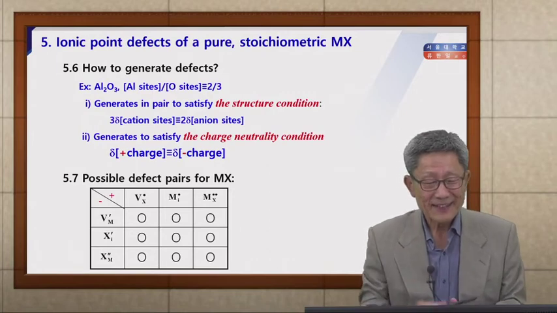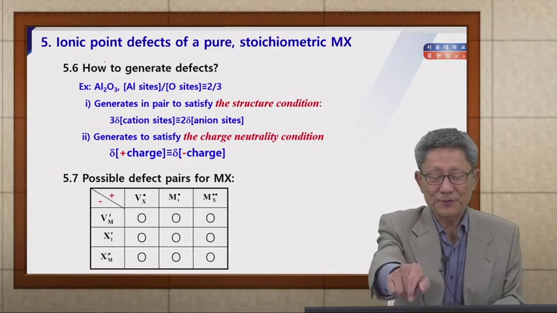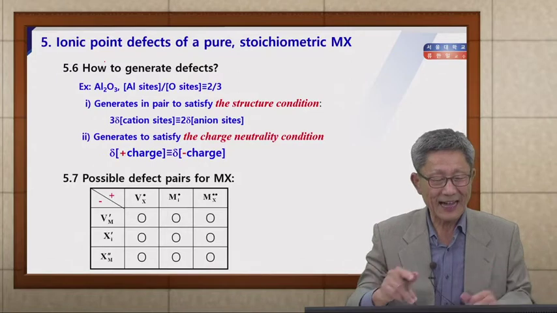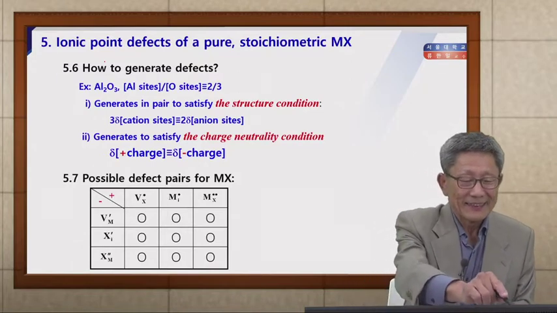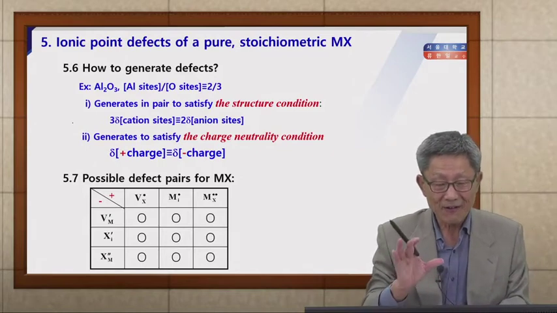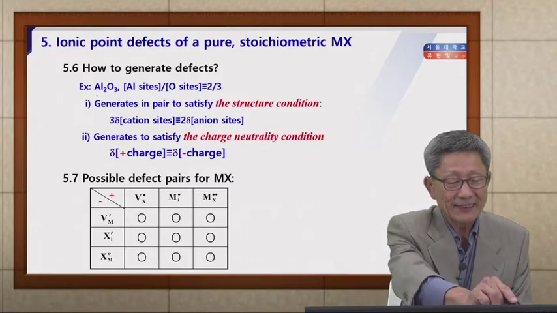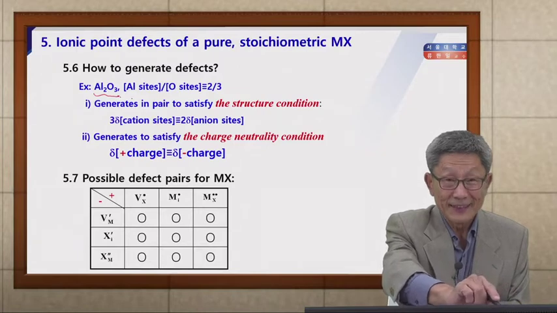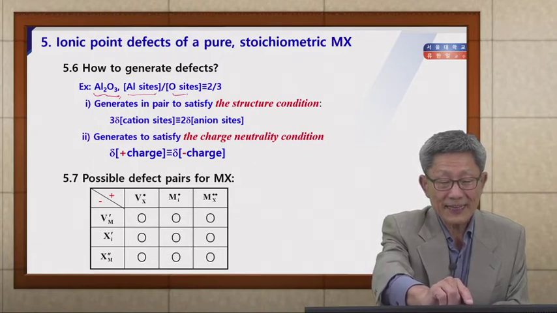Okay, then finally, let's try to analyze the ionic point defects of pure stoichiometric compound MX. We have to understand how these defects can be generated. There are two conditions obeyed always. For example, let's take another example, alumina, Al2O3. Now, in this structure, aluminum cation side, and the oxygen anion side,